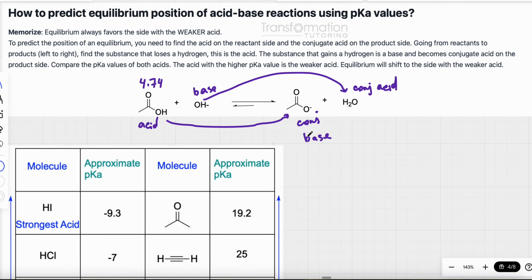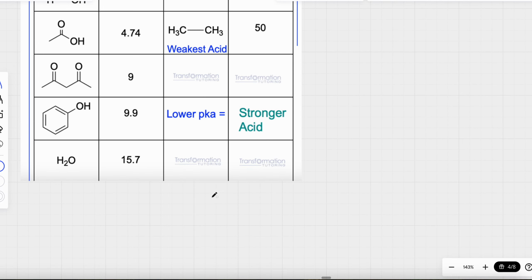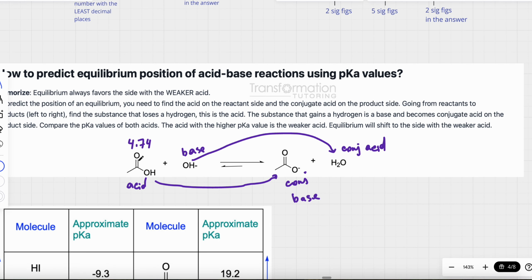And the next acid is water. What is the pKa of water? It's 15.7. pKa tells you how acidic something is. The lower the pKa, so the smaller the pKa value, the more acidic your molecule is, the stronger of an